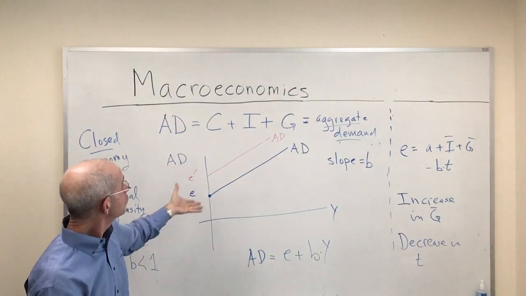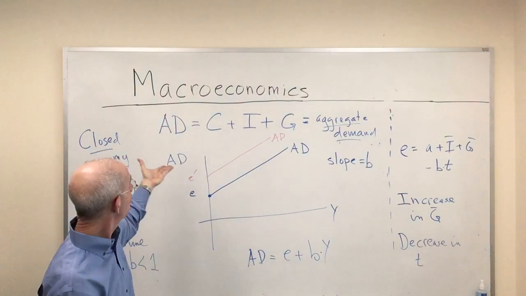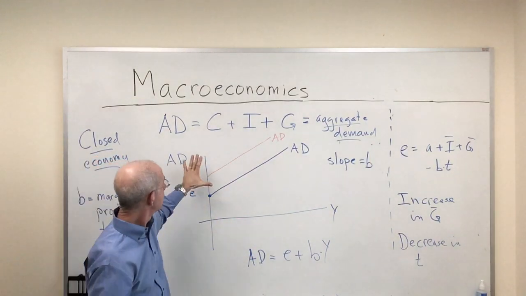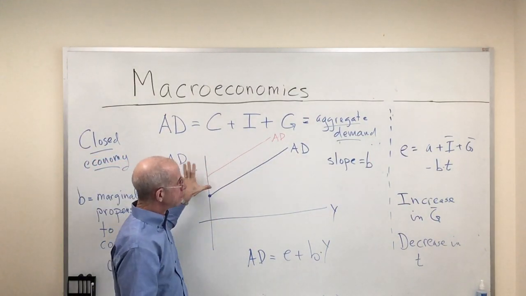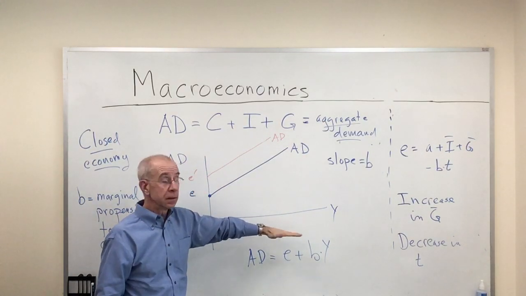So this is showing how we can use the consumption function with the definition of aggregate demand to draw this relationship between aggregate demand and national